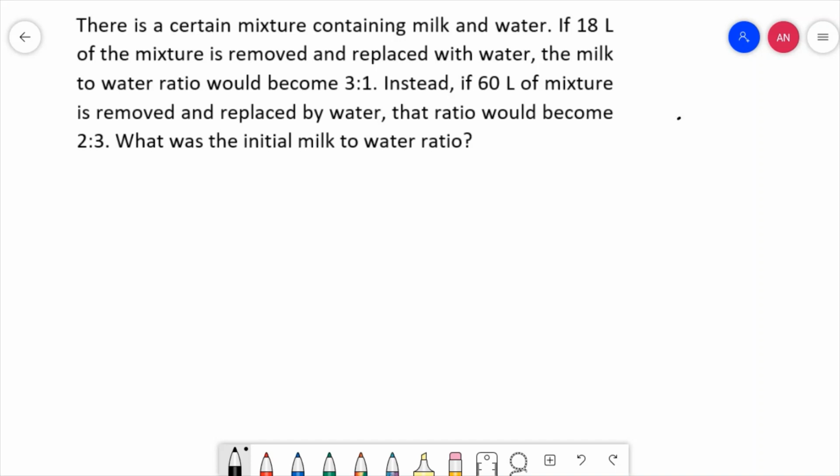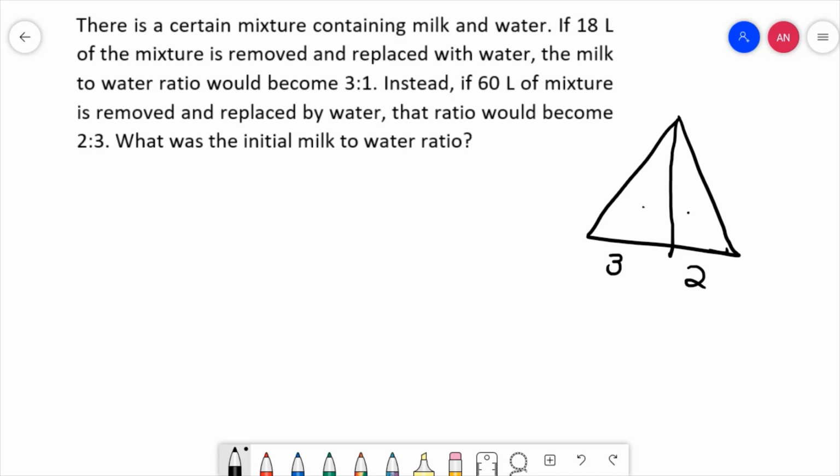So first of all, I think you might remember this geometry question where we had a triangle separated into two, and if the base ratio is 3:2, then we can say that these two triangles that have been separated will also be in the ratio 3:2. The area of these triangles will be in the ratio 3:2. Here I am going to solve this question from mixtures by drawing figures and playing with numbers.